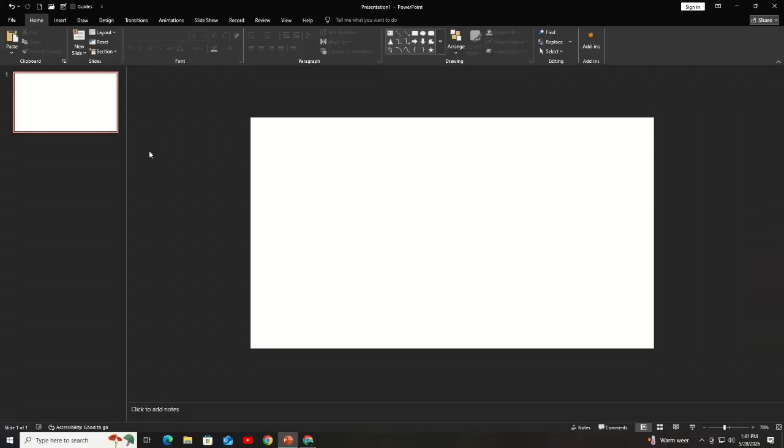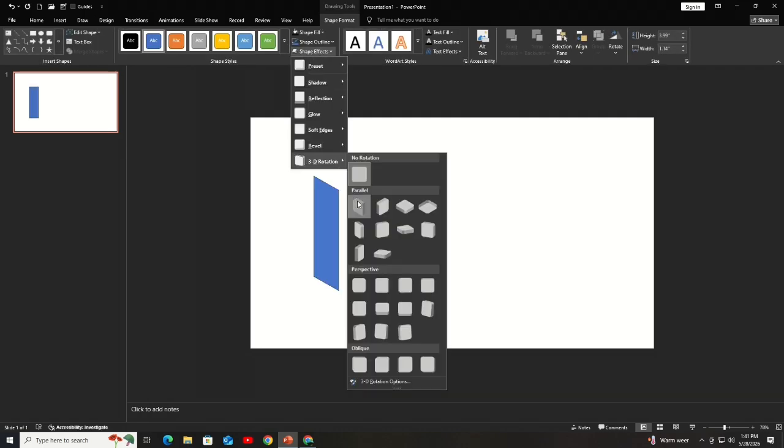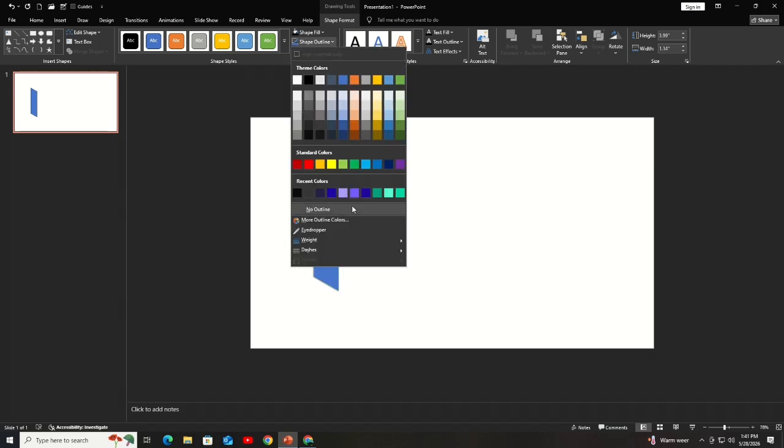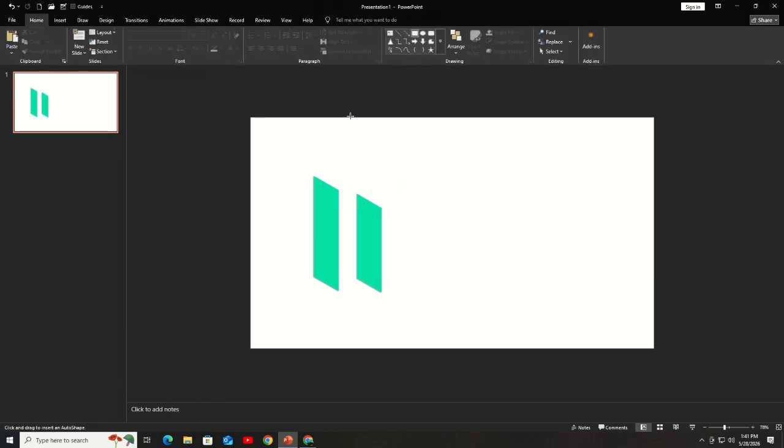So first of all, we're gonna open up a PowerPoint template in which we're gonna insert a straight rectangle like this, and we're gonna go to this last option of 3D rotation and click on the first one and give it some shadow. Remove its outline and give it a color. Duplicate it using Ctrl plus D, and we're gonna use the same perspective as well, but we're gonna just decrease